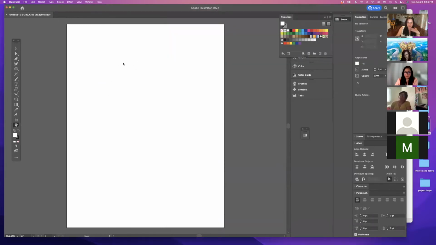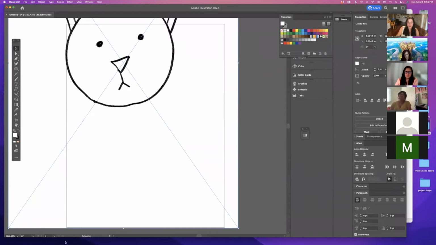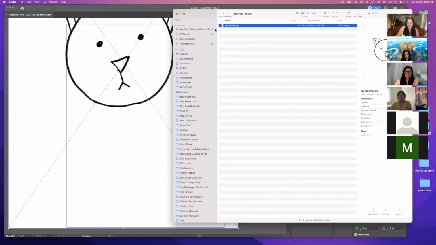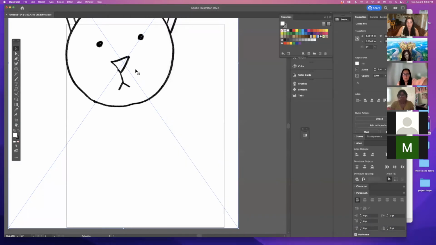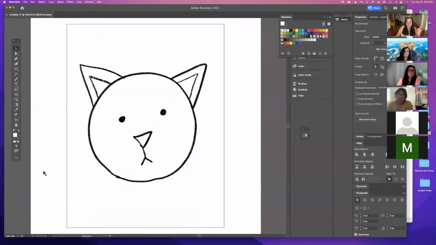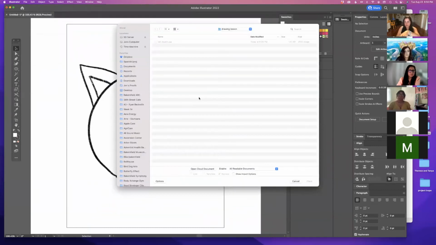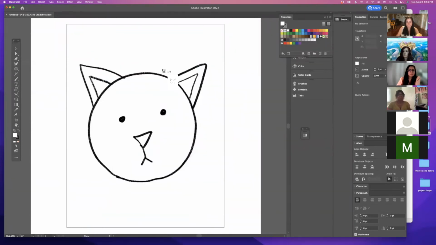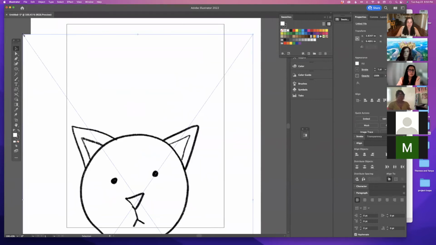Because I'm on a Mac, I just dragged it over from this Finder window where my sketch was saved to my artboard, and now it's here. You'll see there's an X in between it like this, because it's telling me that this is a JPEG that I dropped into my artboard. If you cannot drag and drop, you can also go to File, Place, and then navigate to where your file is saved, select it and place it. See the little indicator that I'm going to place that JPEG, but I only need one. So I'm going to delete that one.